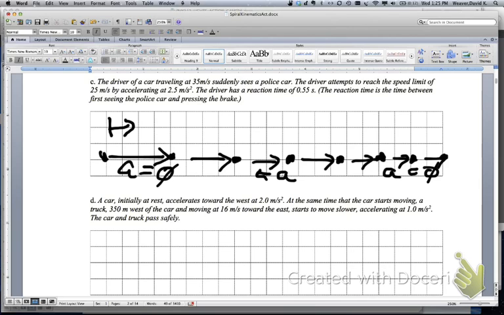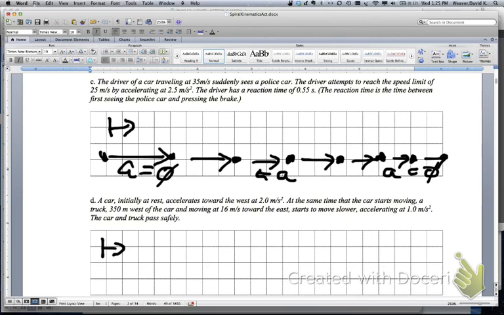And so for part D, we have two cars, well, a car and a truck, and they're moving in opposite directions. And so again, you're in charge of the way you want things to be. I typically draw to the right as being the positive direction, and if we were to be true to the cardinal directions that we typically find on a map, to the right is east,